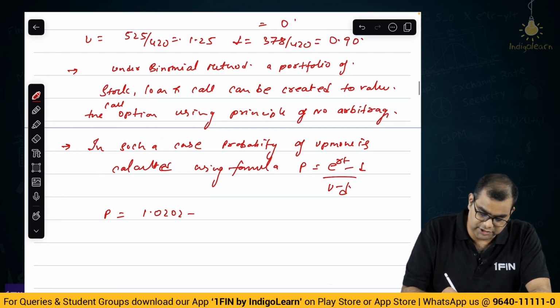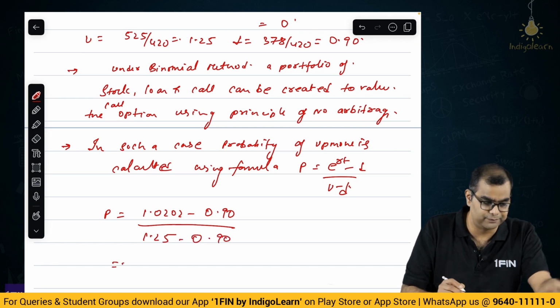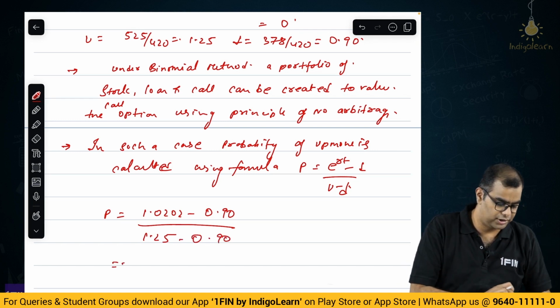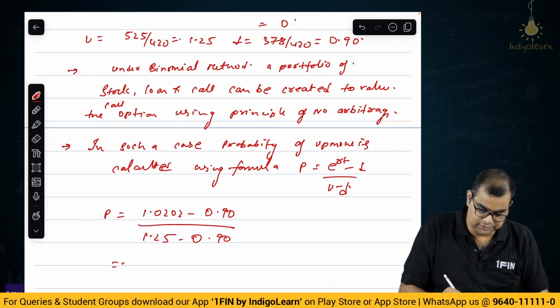P is equal to 1.0202 minus 0.90 divided by 1.25 minus 0.90. This will be 1.0202 minus 0.9 divided by 0.35, is equal to